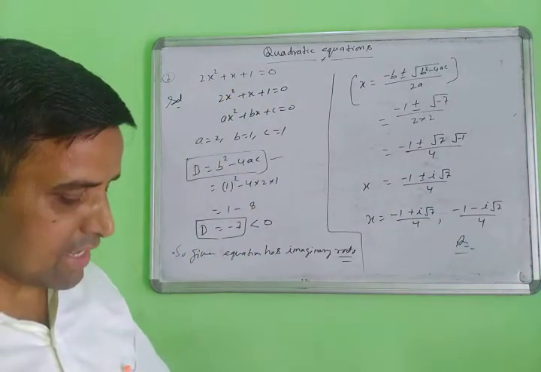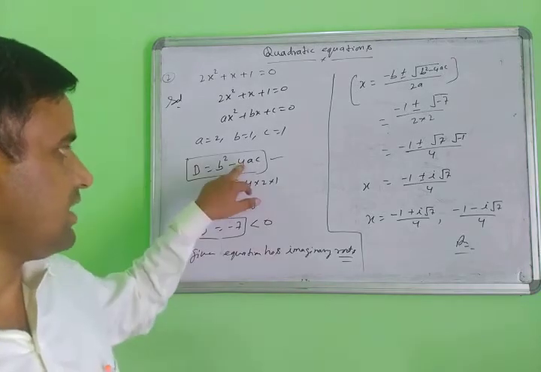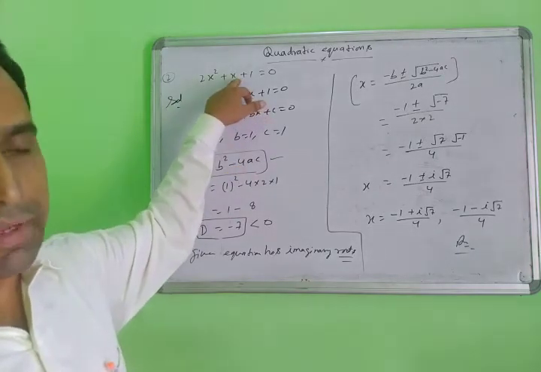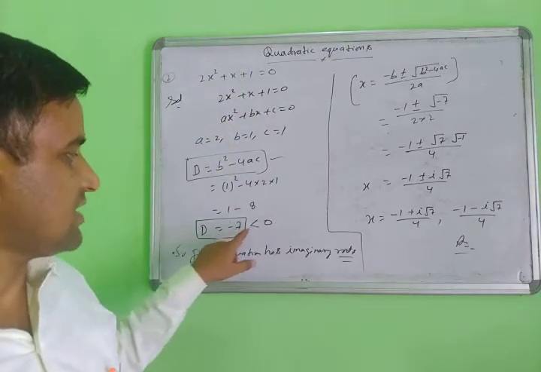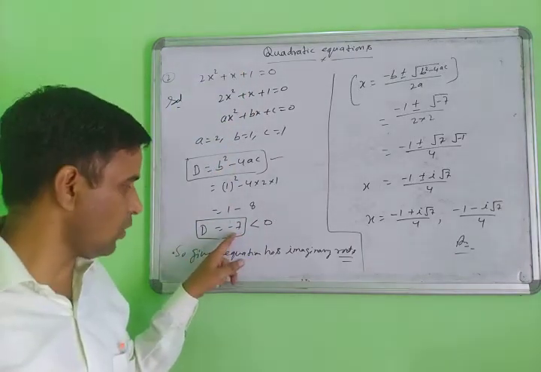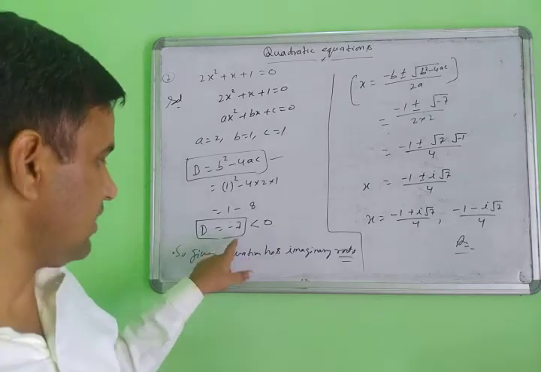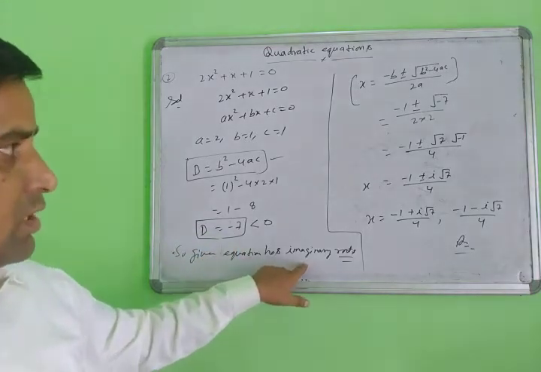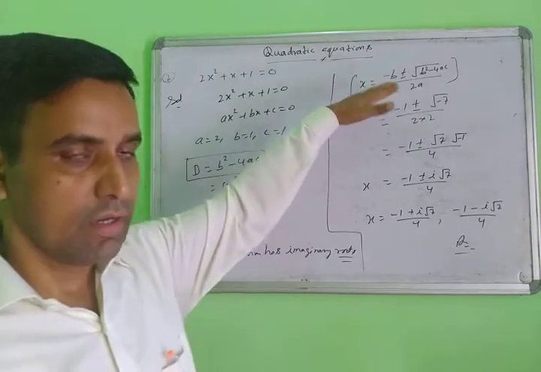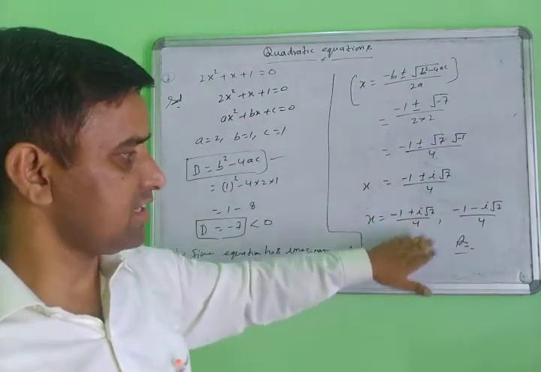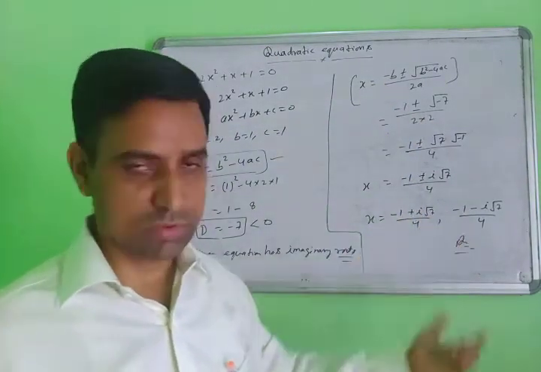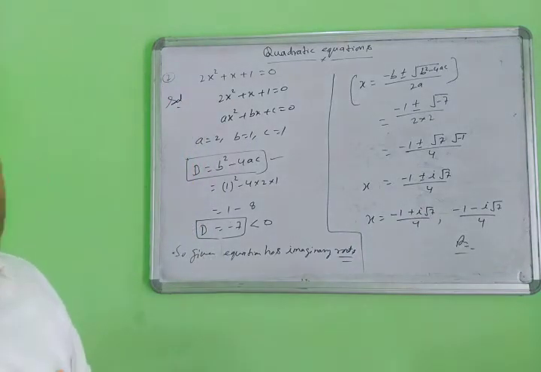You will always first check the discriminant to see whether the given equation has real roots or imaginary roots. Here the value comes less than 0, meaning minus 7 is less than 0. Then the given equation has imaginary roots. So you will solve accordingly with the help of the imaginary root formulas. Then put the values and find the two roots. Yes, note down. Then next question.